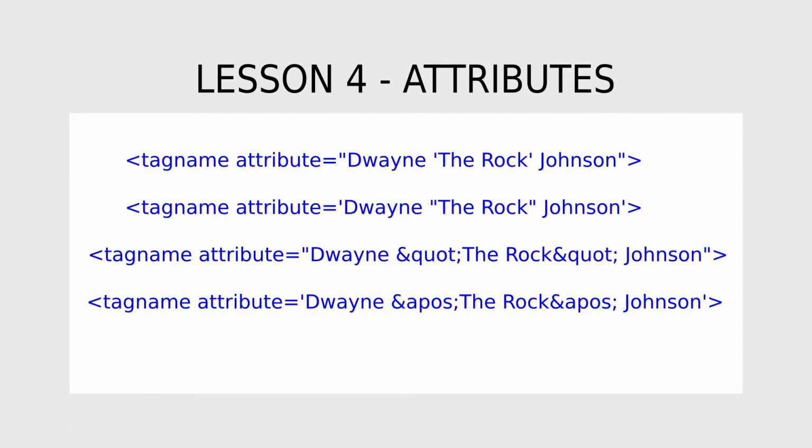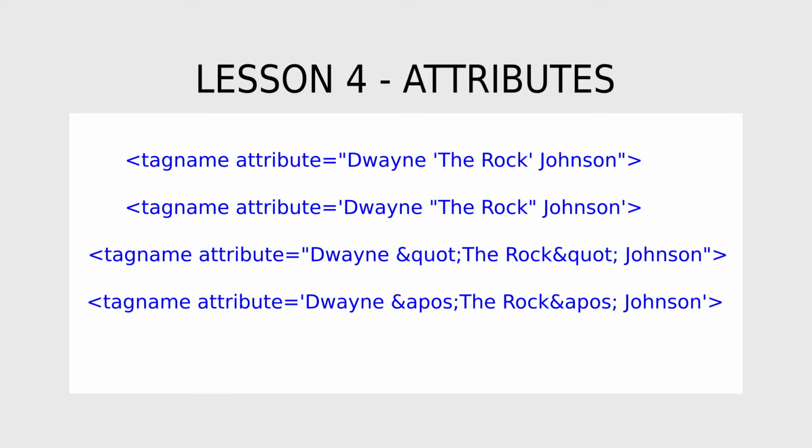Quoting attribute values is actually optional in HTML5. There are situations where quoting attributes is necessary. For example, when an attribute value has multiple words separated by space, quoting is necessary. In this case, if you did not quote the value, then the browser will actually consider only the first word as the attribute value. The browser will mistake the rest of the words for empty attributes. So, in order to avoid all these situations, it is considered good practice to quote all attributes.